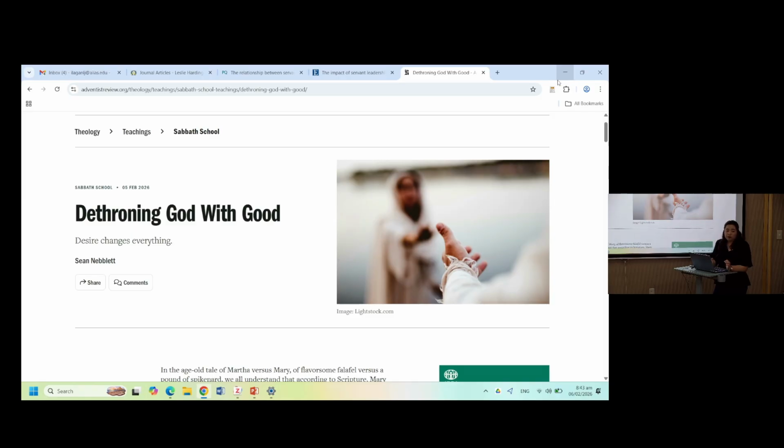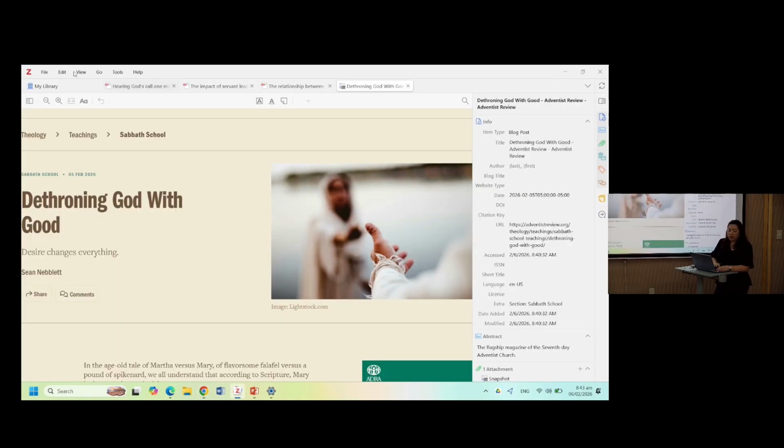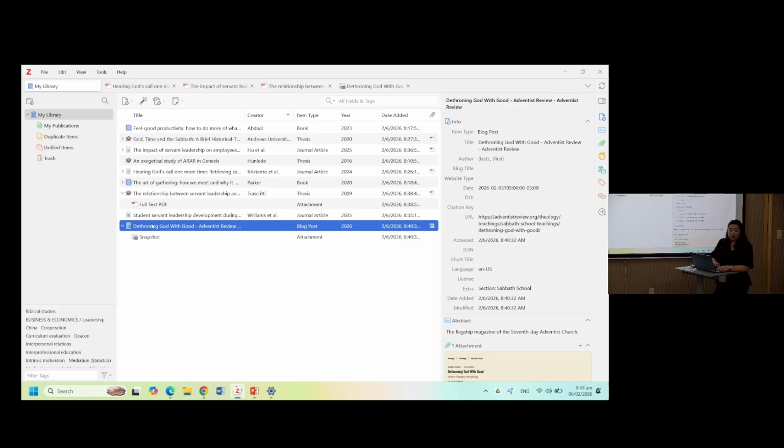Yes. With regards to snapshots, some online material updates frequently. In that case, can we save multiple snapshots of a certain item? Yes, you can, by adding a file. A snapshot is a local file.